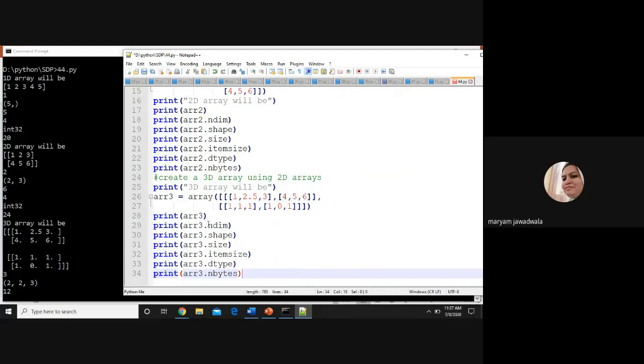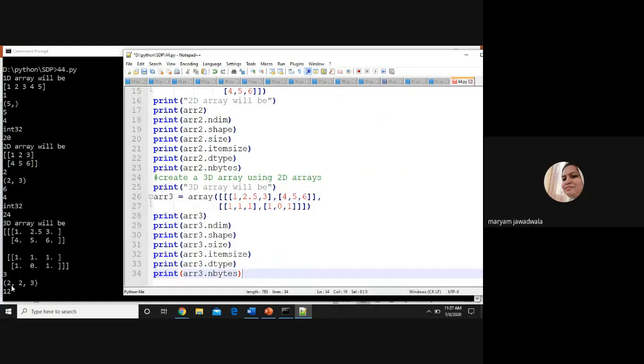Now suppose I apply the ndim attribute over here, number of dimensions. Obviously it is a 3D array, so it will display 3, right? Now next one is the shape attribute. The shape attribute displays 3 arguments in case of a 3D array. The first argument is nothing but the number of 2D arrays. So how many 2D arrays are there for ARR3?